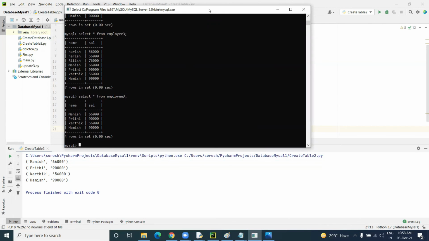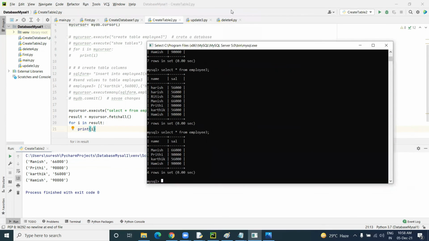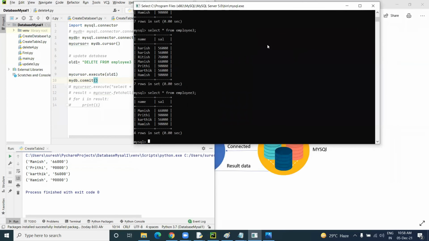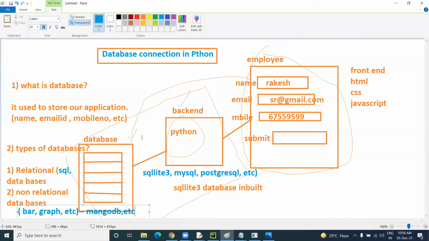The MySQL queries we are passing to this information. That's it. So if you want to delete anything, you can go to delete. If you want to update, you can update. If you want to modify, you can modify. All the things you can do with Python. So that's it. This is how to create, update, and delete all the information from the Python application. And the same application you can run with a MySQL database also. So the same queries we are applying in the PyCharm Python coding.